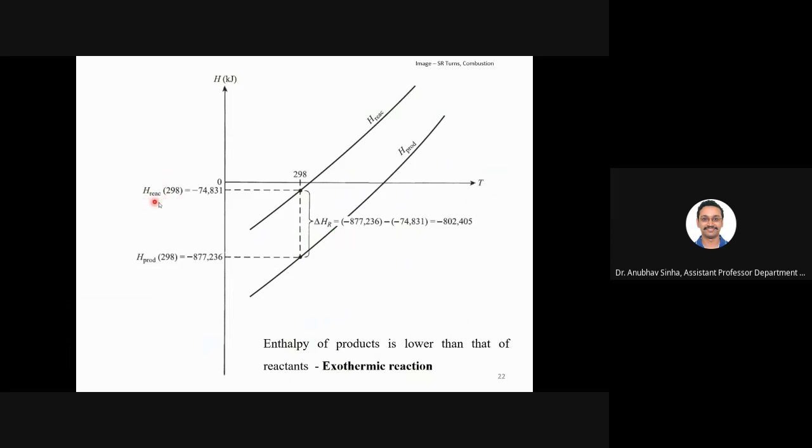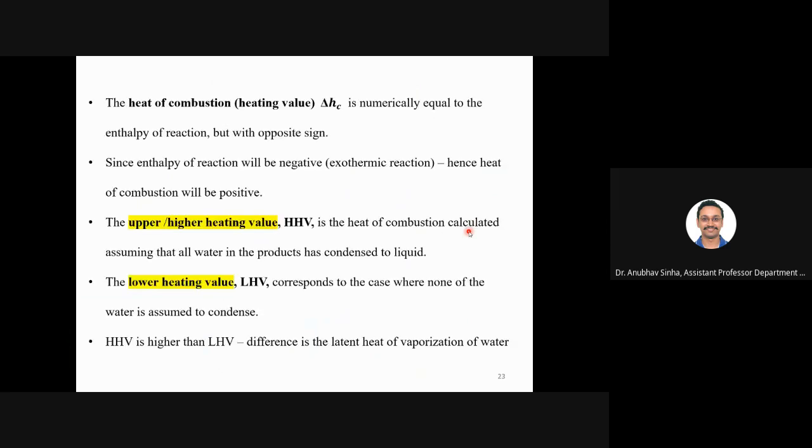So basically reactants are at 298 Kelvin. This is the enthalpy of reactant. This is the enthalpy of product. Let us say these two numbers are given to you. When you want to find the heat of reaction, you will simply take this and subtract this. So you will get the enthalpy, and there are some different names when we talk about enthalpy and heat of reaction. Let us look into that. I don't want you to get confused.